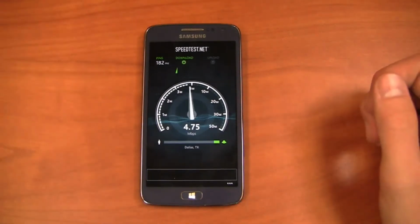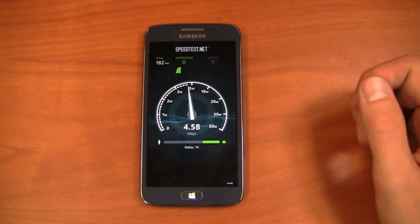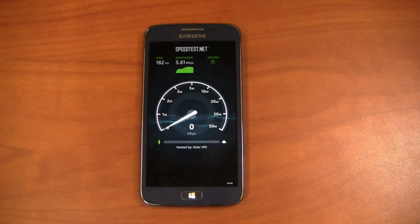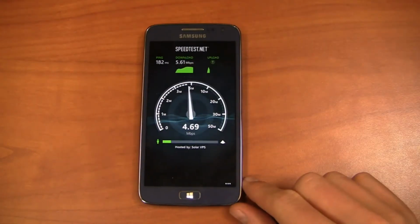And we'll wait for it to do its thing. 4 to 5 megabits per second on the download. I've seen this far faster depending on where I am in the city. I've seen it as fast as 20 megabits per second in the uptown, downtown area near where I live. But right now, up in North Dallas, almost in Addison, I'm getting